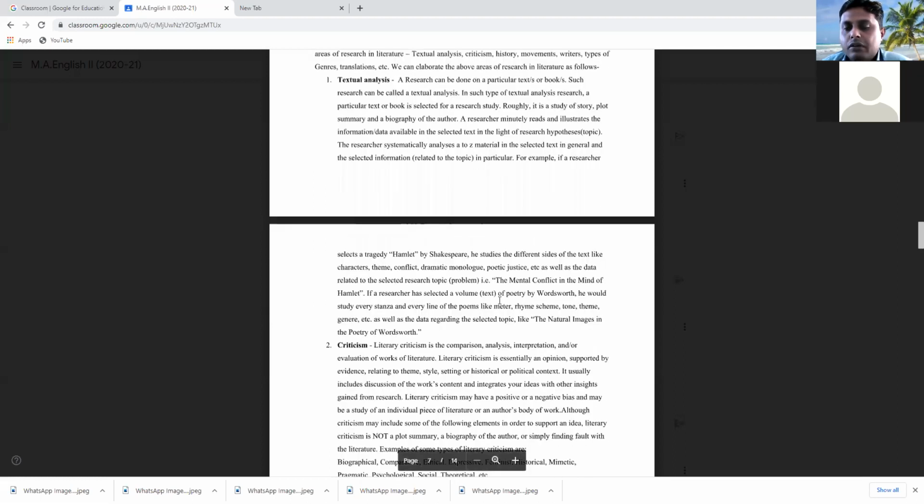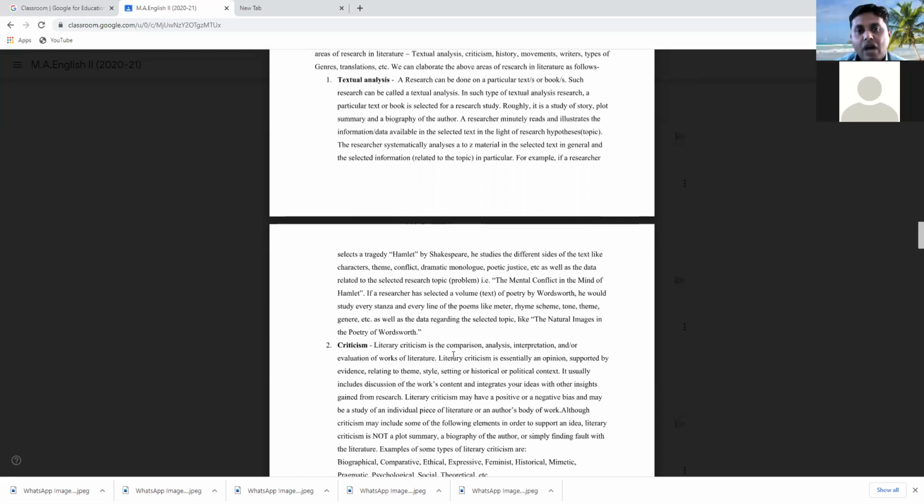So, as I know, that selected tragedy by Shakespeare, right? He studies the different sides of the text like characters, theme, conflict, dramatic monologue, poetic justice, as well as the data related to the selected topic, right? So, if I want to research Hamlet, I have to study the text, right? In general, here means all the aspects, that is character, theme, conflict, dramatic monologue, poetic justice, along